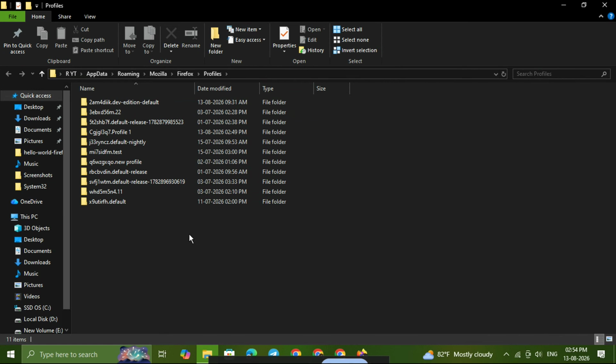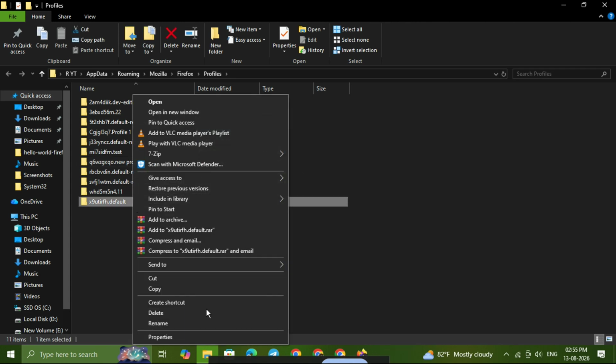Inside, you'll usually see one or more folders with random looking names. That is completely normal. Each folder represents a Firefox profile, and the one you're using right now is the one Firefox loads for your current browser data. If you need to back up your profile, copy files, or troubleshoot Firefox issues, this is the folder you'll want